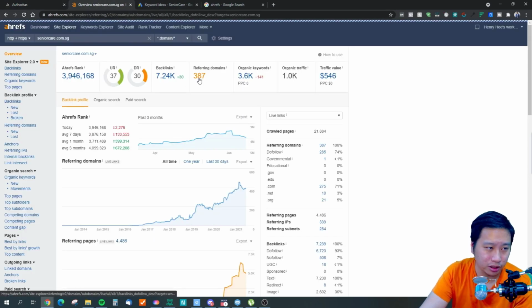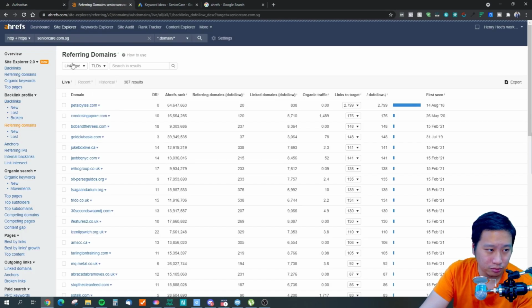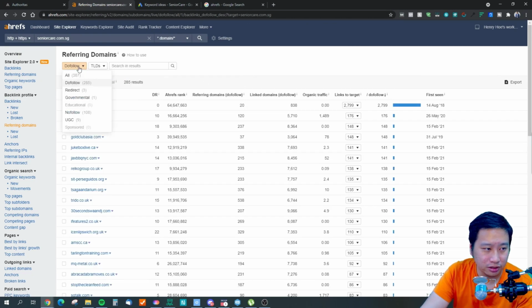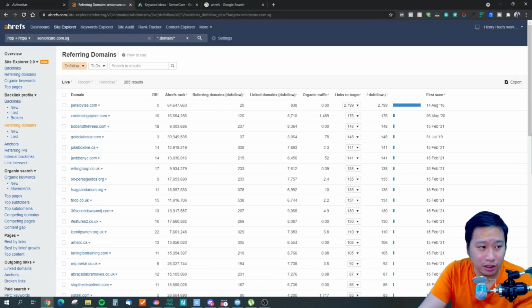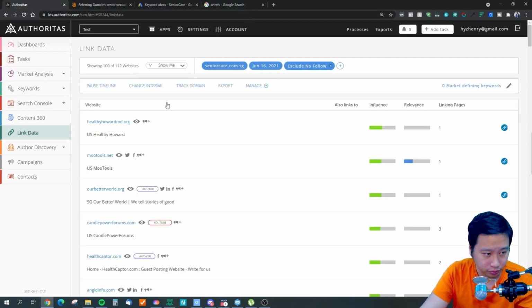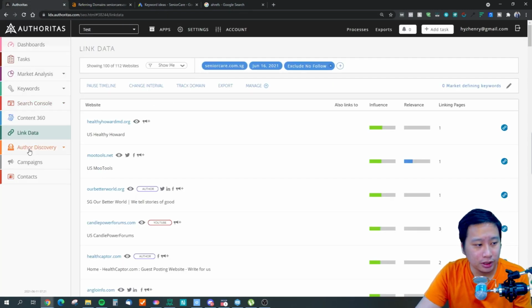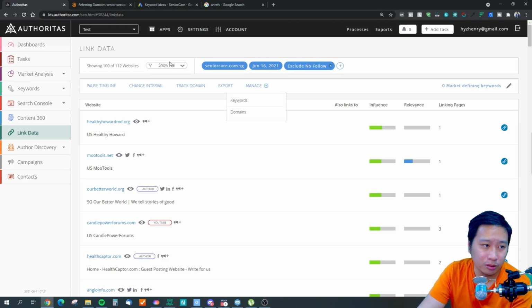And let's look at what we have over here, and we actually show 285 referring domains, right? So this shows 112 referring domains with dofollow links, but I actually get 285 links over here, right? So one thing cool about